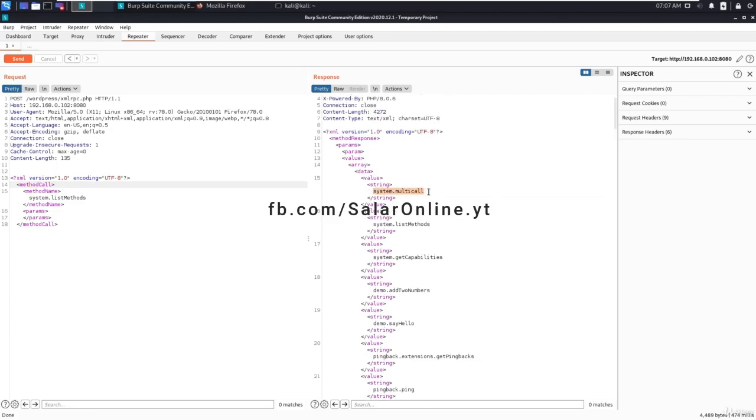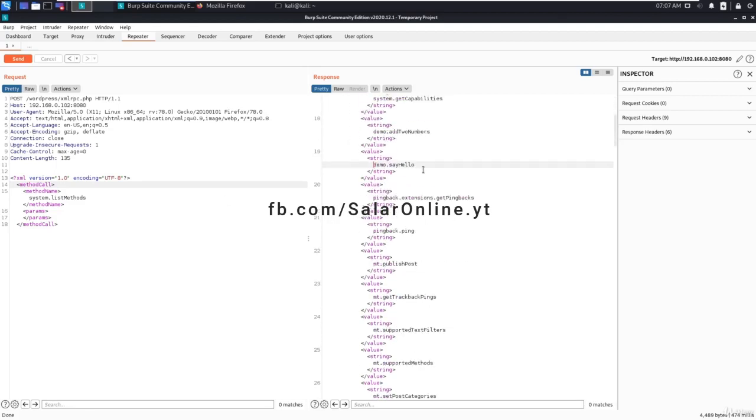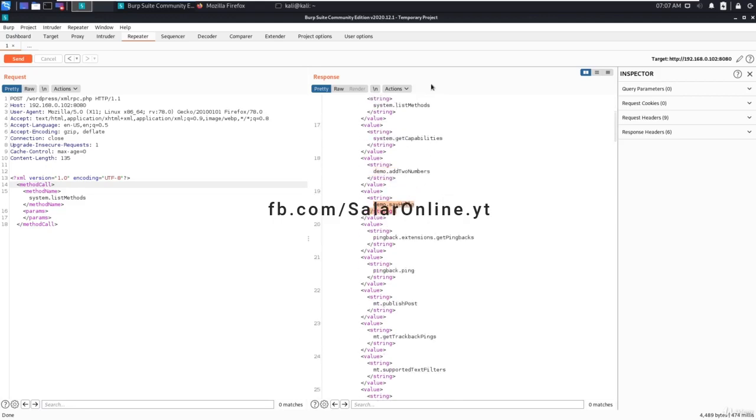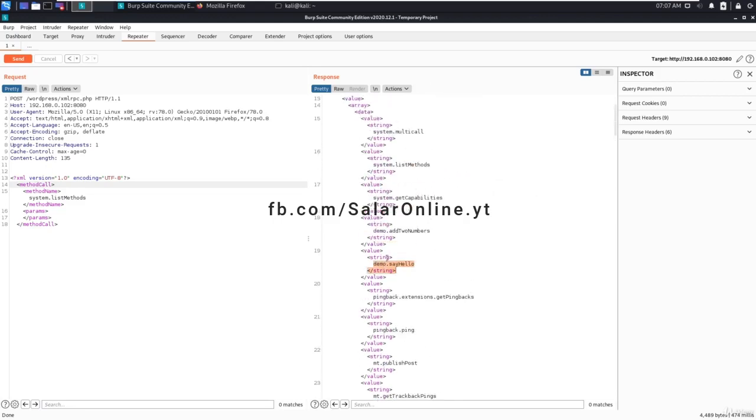System.multicall will allow you to run multiple methods in one request, and demo.sayHello. So if you got this output stating that these methods are allowed for you, then only you need to proceed further. Now what I can do is I can say demo dot